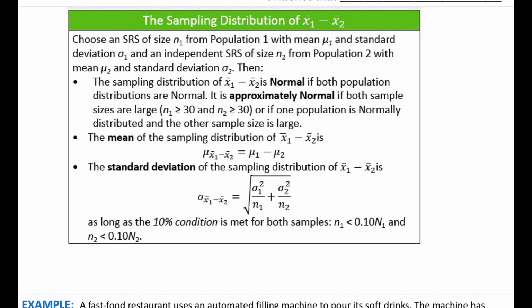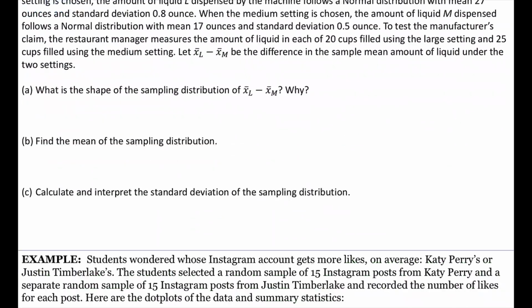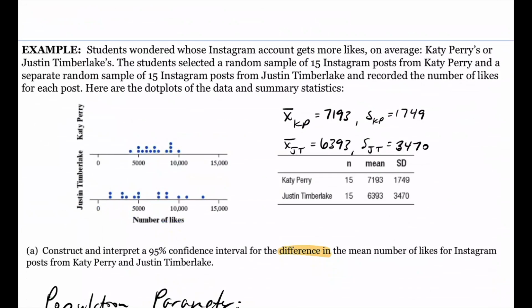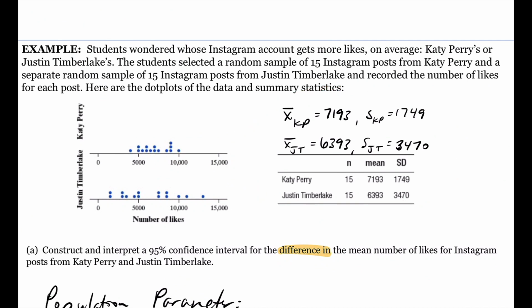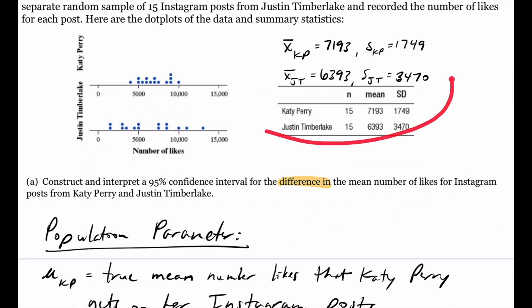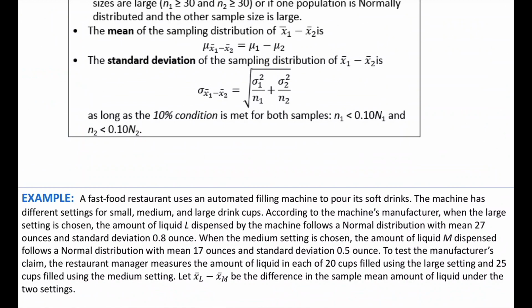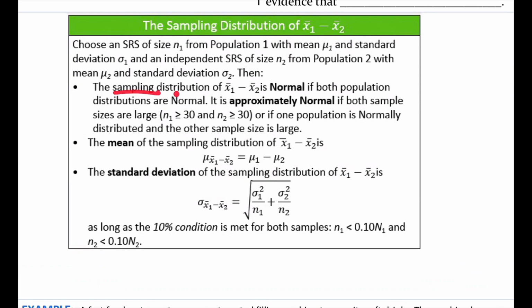Their sample mean difference is normal, the sampling distribution. When you see distribution, that's not just one sample, right? Down here, they took one sample of 15 and one sample of 15. I'm talking about an infinite number of samples. If we were to keep doing that forever, taking samples of 15, what would the difference be in these two numbers for all of them? That's what I'm talking about when I say sampling distribution, not just one sample, many samples.